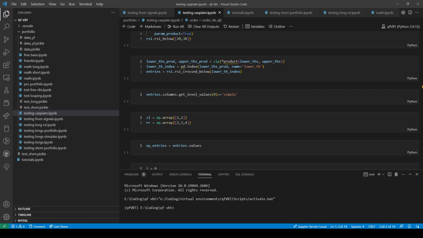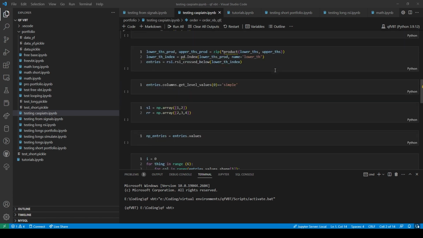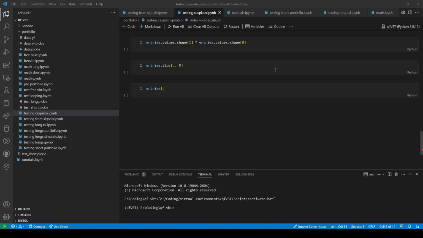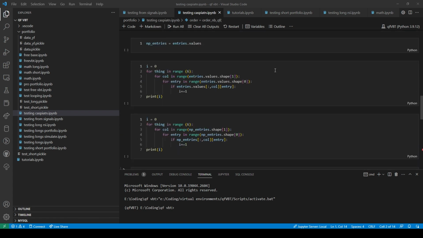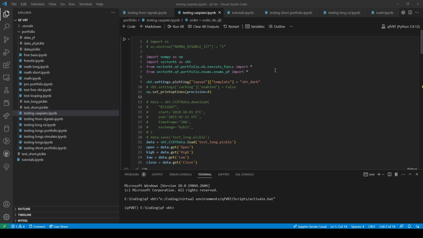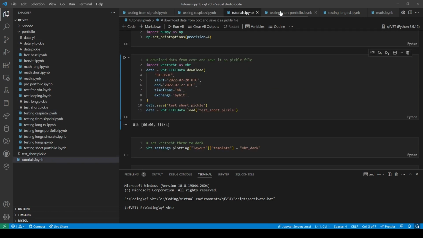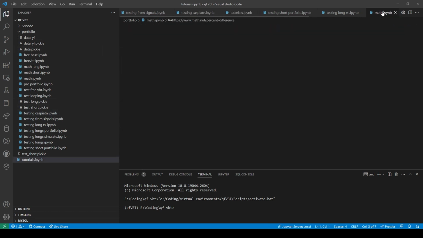How does itertools work? Did I do it over here on the math part?